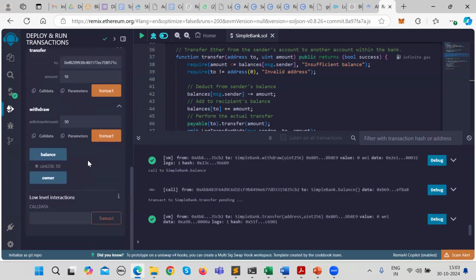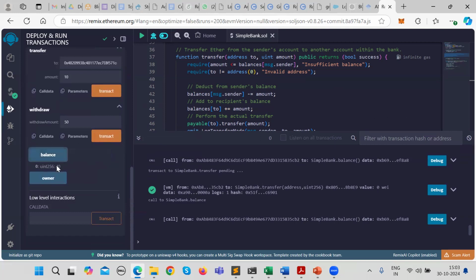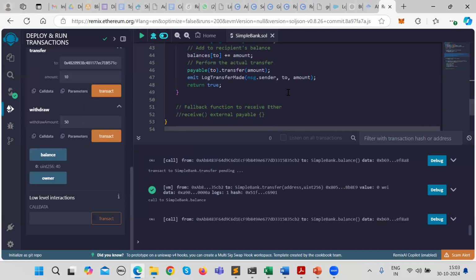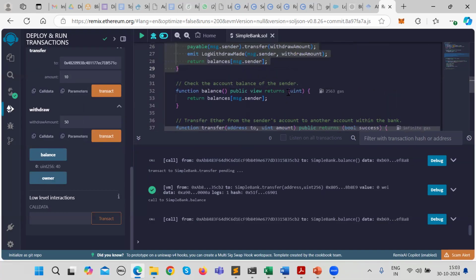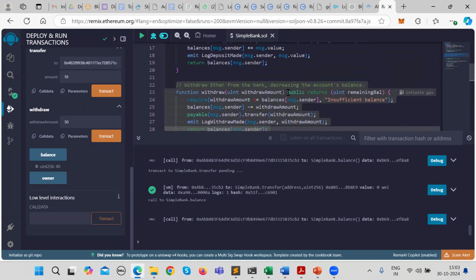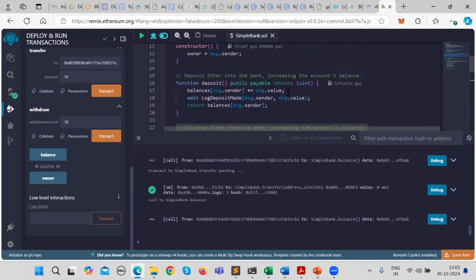And now you will see the balances, it is found, right? So this is just a simple example that I have shown. And so it is very easy when you write some code, a smart contract, you first check the functionality of the smart contract using the Remix tool. It is very easy. So there are other networks as well. What you can do here, we use the simulated network that Remix provides.